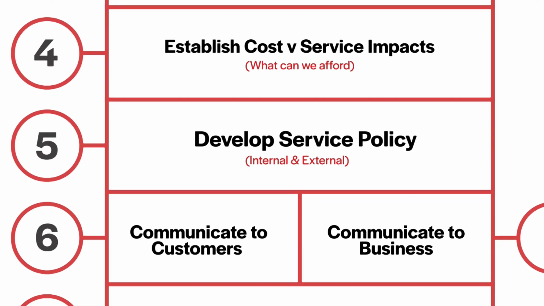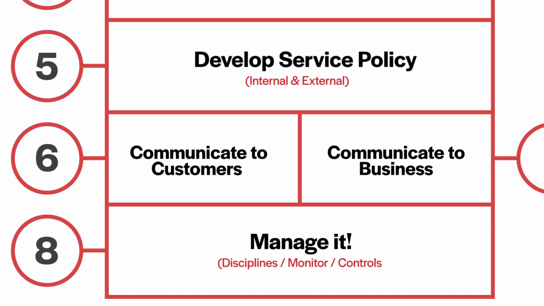Those are all the sort of things that need to be very clearly articulated in your customer service policy. Number 6, very important, we now communicate it to our customers. So a nice, simple to understand policy. This is how you're going to order. This is when you're going to get free delivery. This is when you might have to pay, all your minimum order quantities, all those kinds of things very clearly communicated to all customers. And of course, different customers